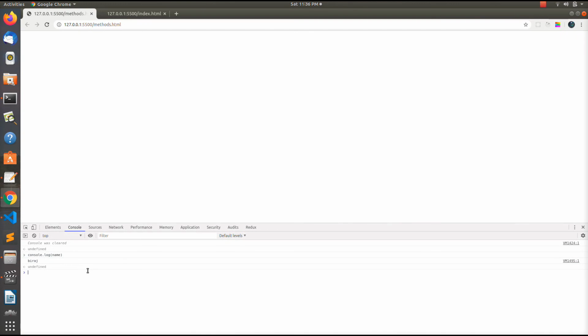So these are some of the methods that we are going to be using in the projects that we will make, and these are quite handy and quite useful. Also, one thing is that console.log does not display any data in the browser. It is just for the developer who wants to display some data in the console for his help. So these are all the methods. In the next video we are going to see some more projects and other things.